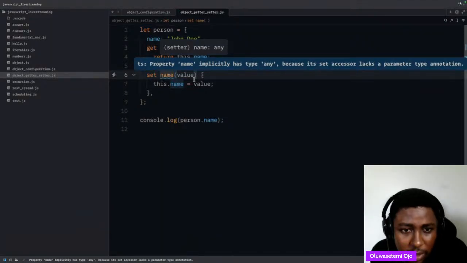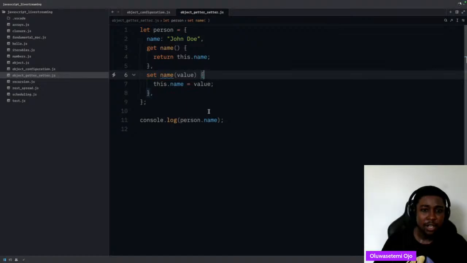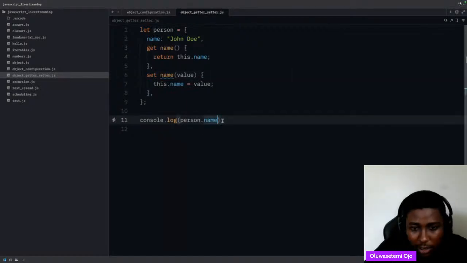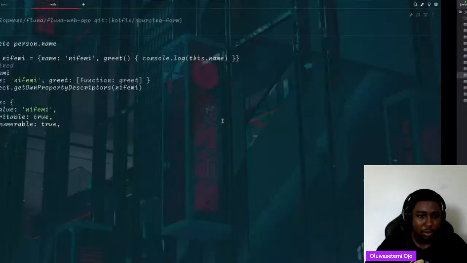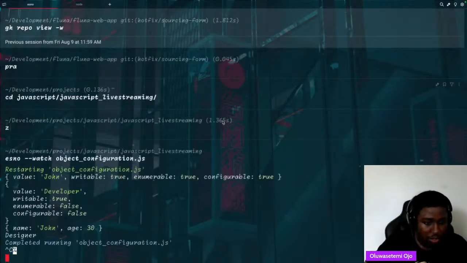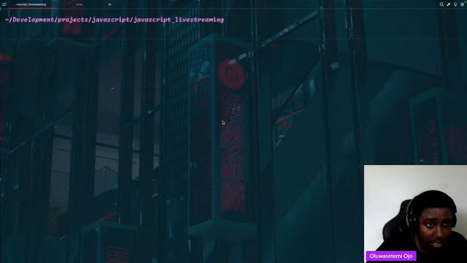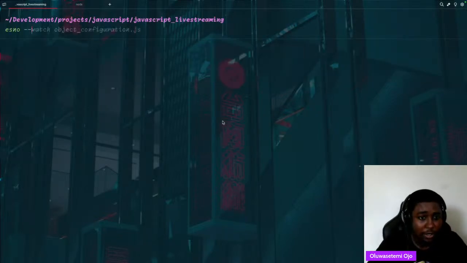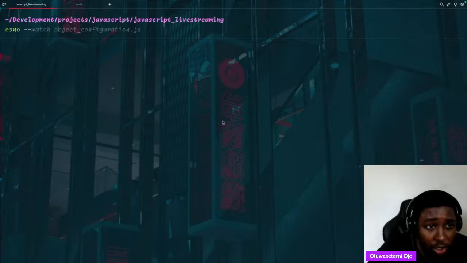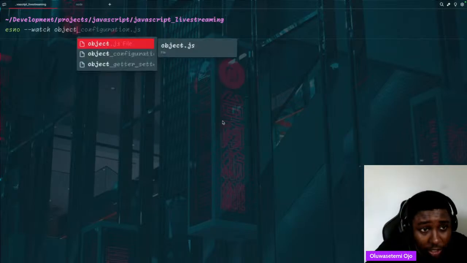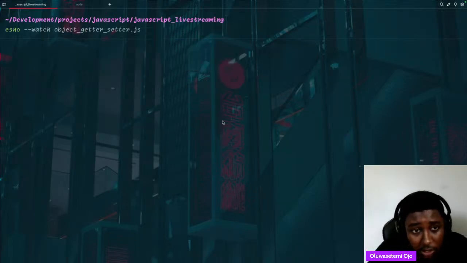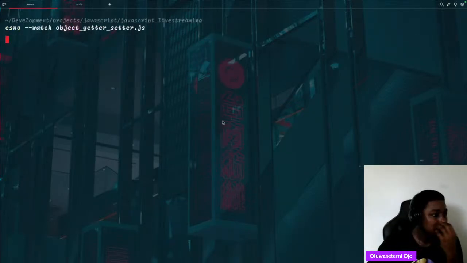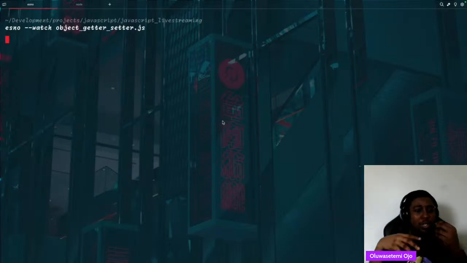All right. So here we're able to now do a person.name and ask for a particular value. Let's go to our Node.js environment, where we are running things by changing the file that we are running, which is -watch. And it is Object.this here. So here we are able to now see what the value of